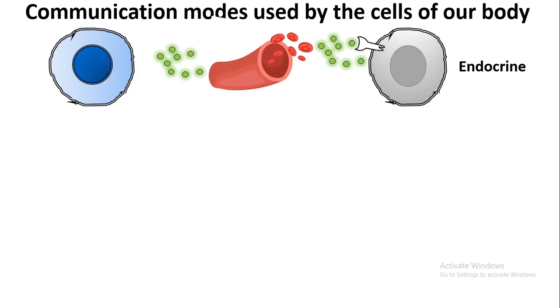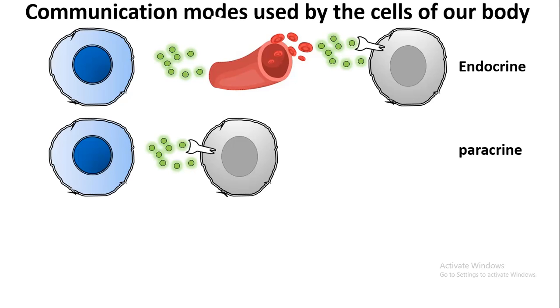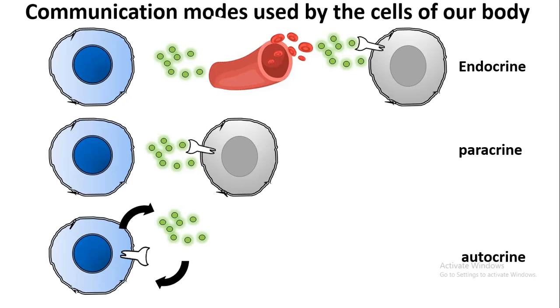One type of long-range communication is endocrine communication, where the secreted messenger or signal traverses a long way via the bloodstream and reaches its target cell, where it is received by the receptors on its cell surface. The second type, short-distance signaling, is known as paracrine signaling, where the signaling molecules work in a shorter range. Whereas there is another signaling mode known as autocrine signaling, which acts upon the cell itself.